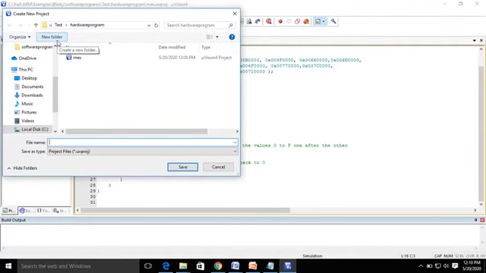Before giving the project name, in an earlier program I created a new folder, which I named hardware program. It is better to create the new project for this experiment in that folder itself. I will give the name MES hardware.